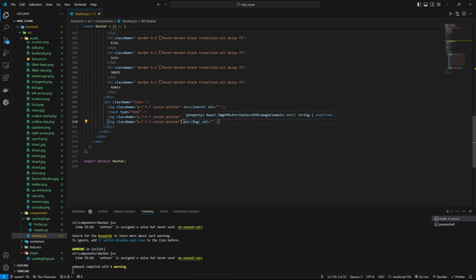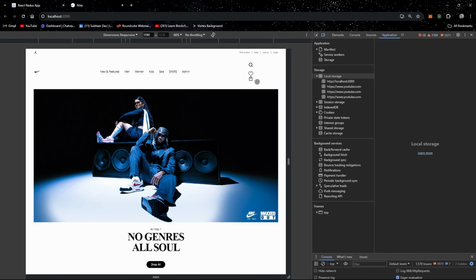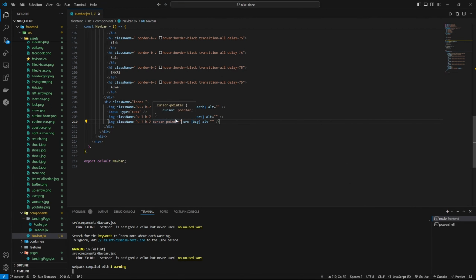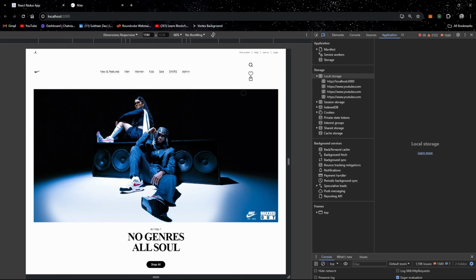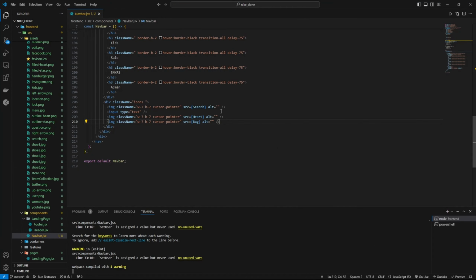And now heart is good, but I think we need to show, like in the bag icon, how many items do we have here. So for that I am going to make something like,